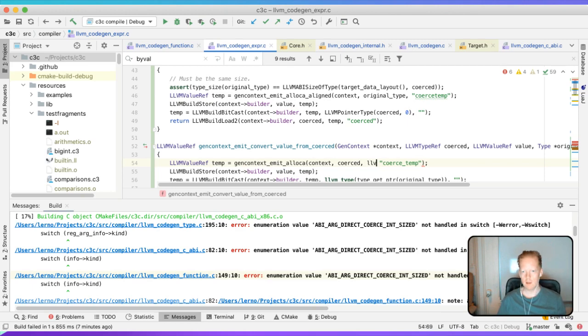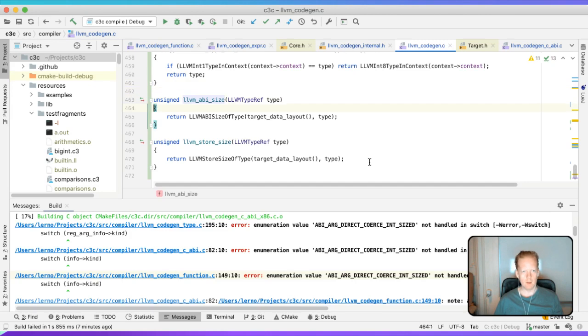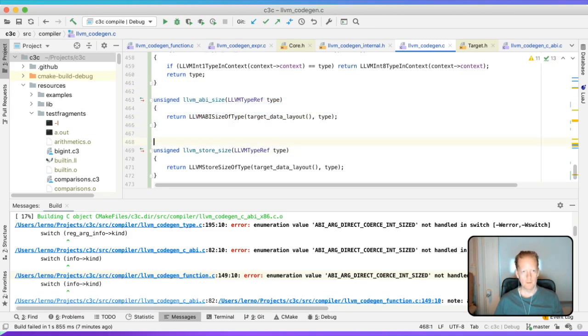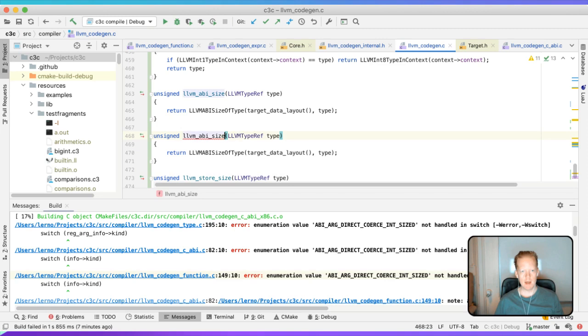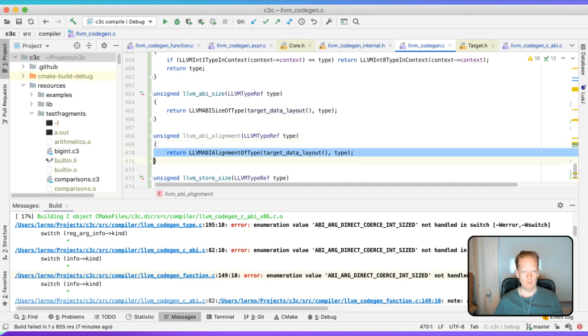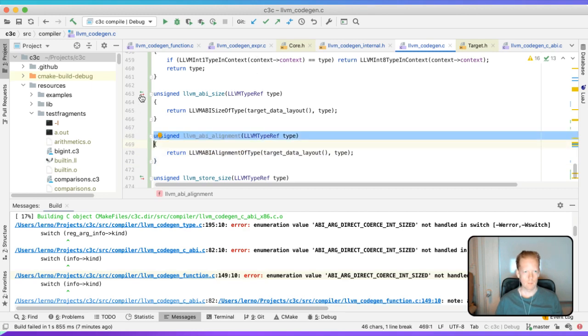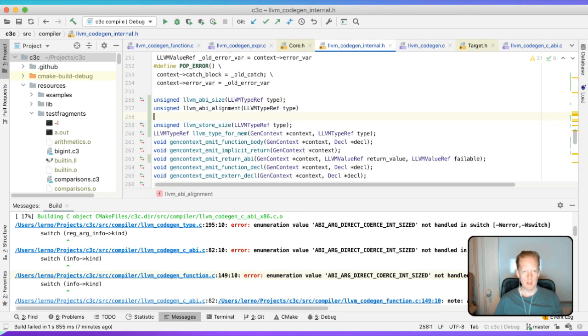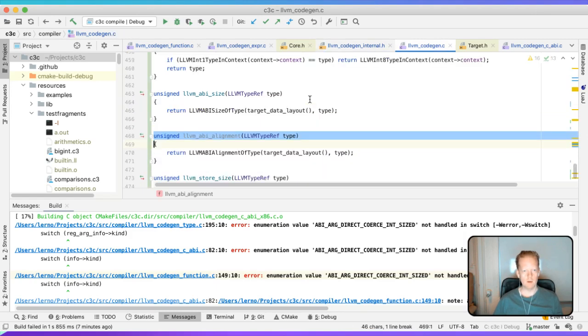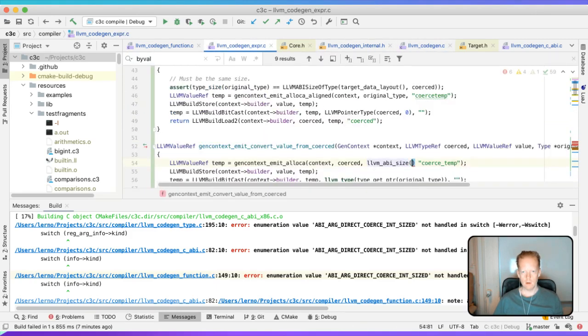So we're just going to get the LLVM might be, yeah, let's add the alignment as well. So ABI alignment of type, or maybe yeah, I guess so. Okay. Maybe I shouldn't use the ABI alignment, I don't know, but let's do that. So ABI alignment of this type,